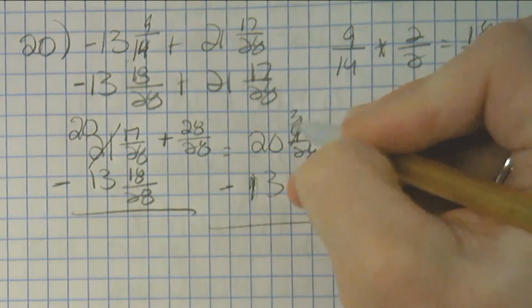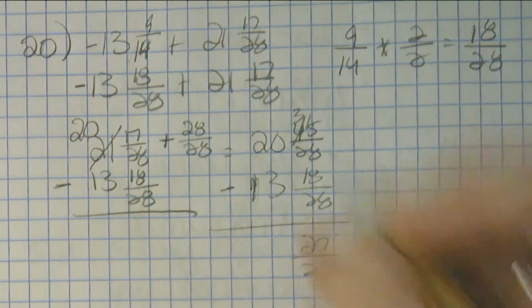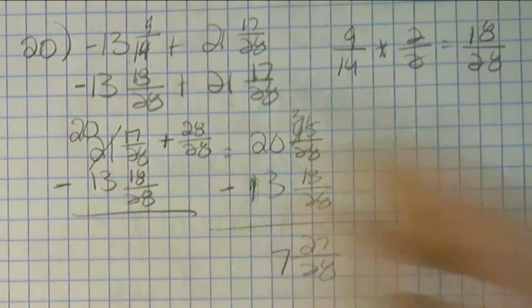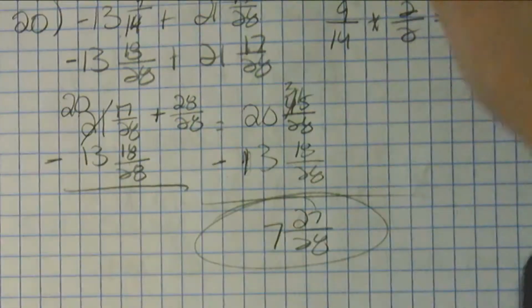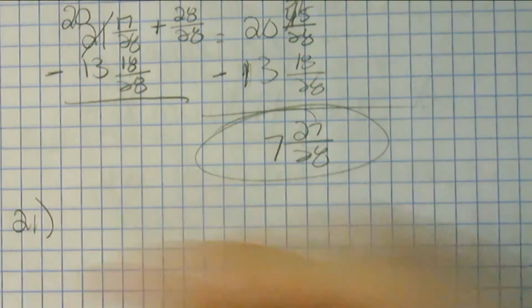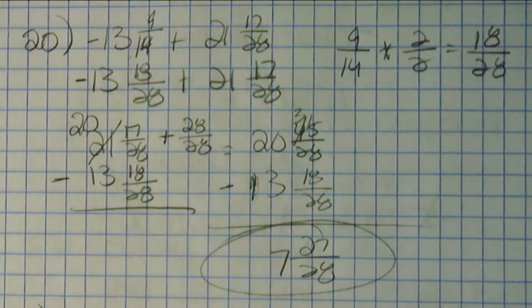That 4 becomes a 3, so that ends up being 27/28, I believe. And then this is going to be 7. The greater absolute value was positive, so I have 7 and 27/28. I hope that was our answer. Does that help you? All right. Does anyone have a question on that one? Everyone check your work on number 20 right now. Because you could very possibly have something just like this,